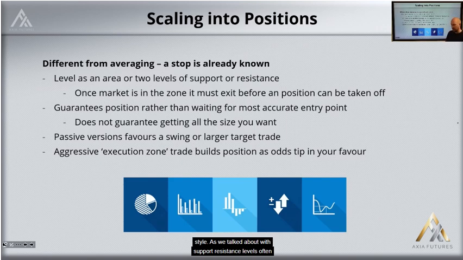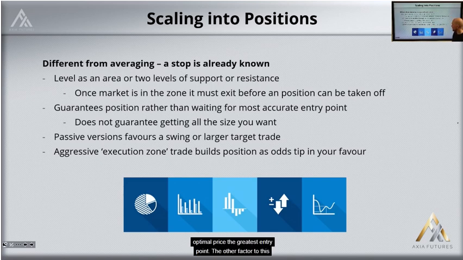As we talked about with support and resistance, levels often aren't one pinpoint. And so if you have a situation where you expect a market to be responsive to an area, you can then try and scale across that area. You may have 10 ticks that you're looking to enter within. And you can then split your orders up across those 10 ticks. This way, you can ensure getting filled and guarantee that you're in the trade. But it does run the risk, of course, that you are not necessarily going to get the optimal price,